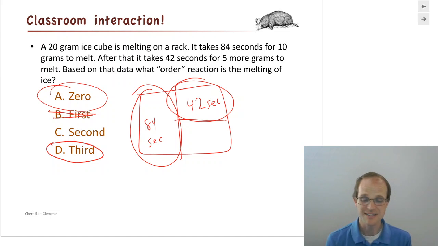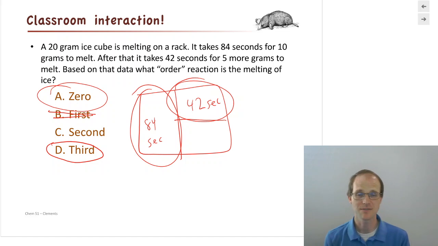So, is this true? Is melting a 0 order reaction? The answer is yes, it is. It doesn't matter how much ice you have. It matters how much heat you have. And heat is relatively constant. And so if you've got a bunch of heat, it's going to melt a certain amount of ice. And so it's a zero order reaction. It doesn't depend on how much ice you have. It depends on how much heat you have. And so yes, this would be a zero order reaction, and all phase changes are zero order reactions. The more you have, the longer it takes.